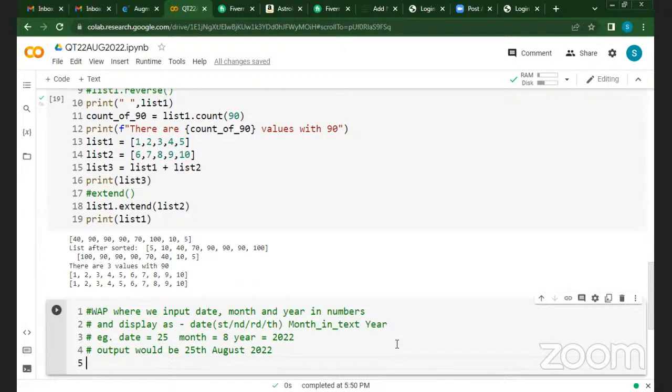So I'm going to say month text equal to, I'll put January, February, March, April, May,